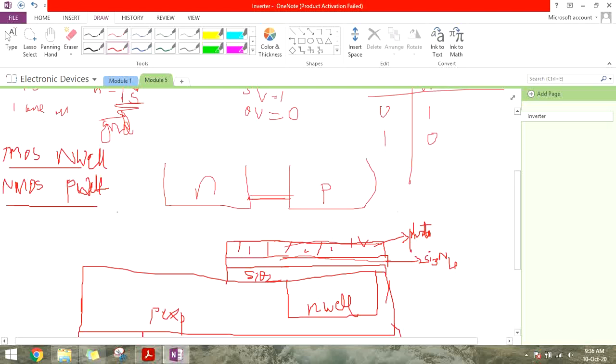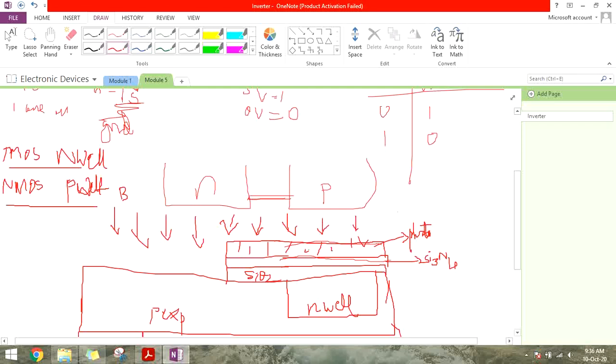So now we diffuse boron dopants in this particular region to form the P well. To form the N well, phosphorus dopants were used. Now to form the P well, boron dopants are being used. So this etching is done to diffuse this boron. Even though boron dopants are diffused over the entire surface, not just the region where it is open,